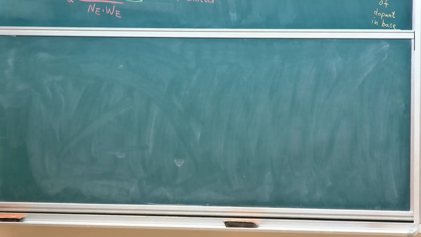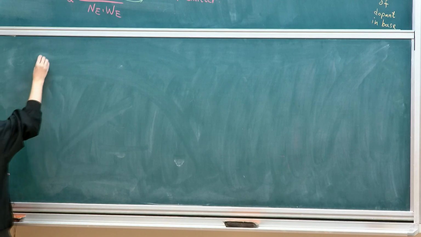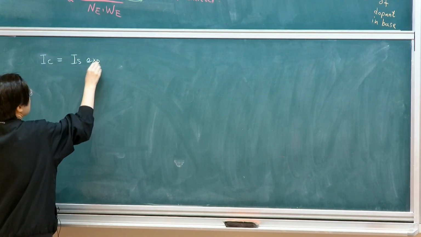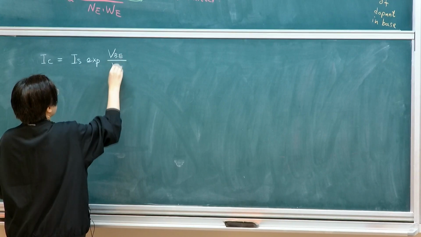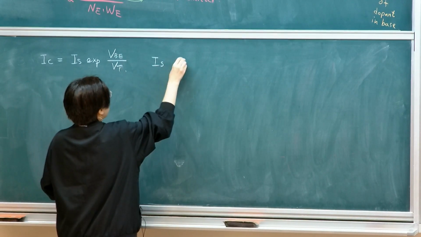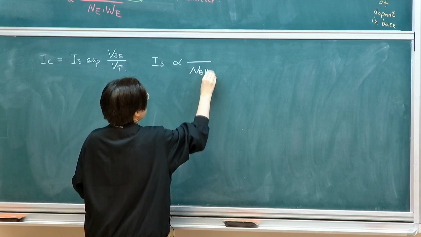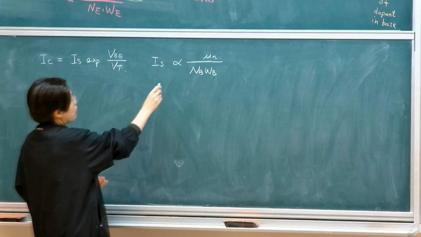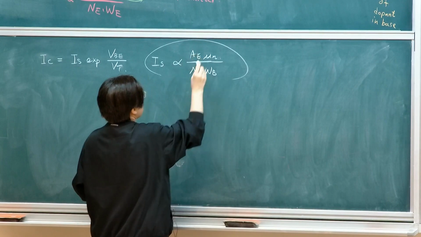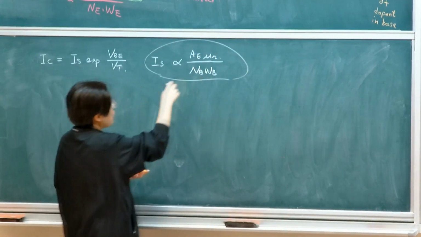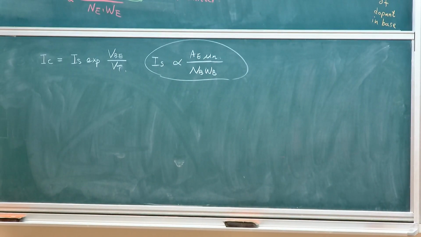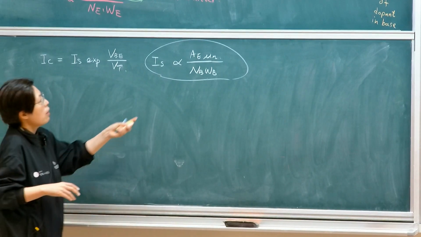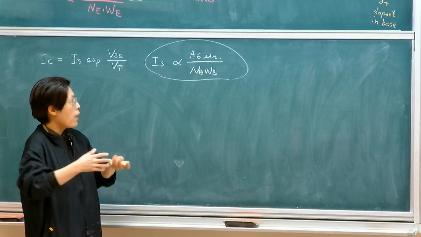we know that one of the key parameters, other than the forward-bias characteristic, is that collector current depends on IS exponential VBE over VT, where IS will be inversely proportional to NB WB, as I said, mu n. We already know that. And of course area, something like that. You can go through the detail, I'm not going to write it down, but proportionally, what it depends on is device structure: inversely proportional to the base dopant amount, and directly proportional to cross-sectional area,